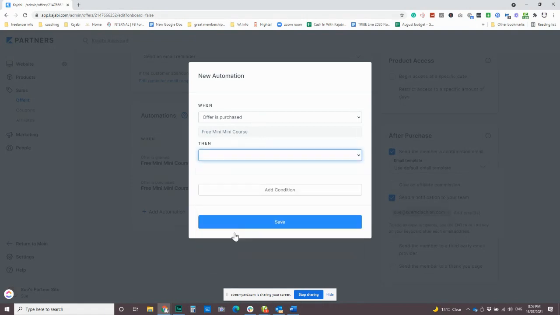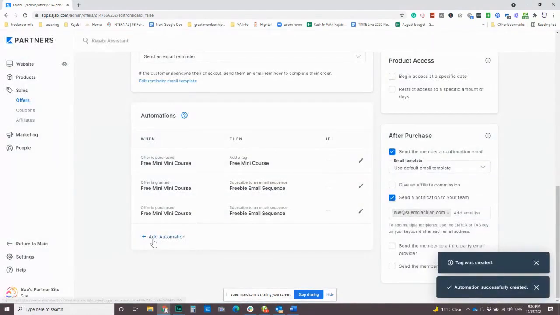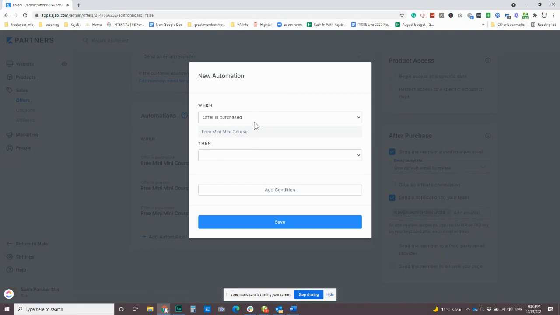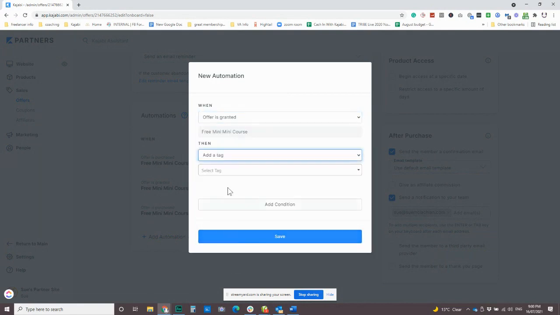So when offer is purchased, add a tag, and we'll call this free mini course, or whatever the course name is. And we're also going to do that same one for the granted, because we're going to use this same offer for the form way of giving someone access. Add a tag,